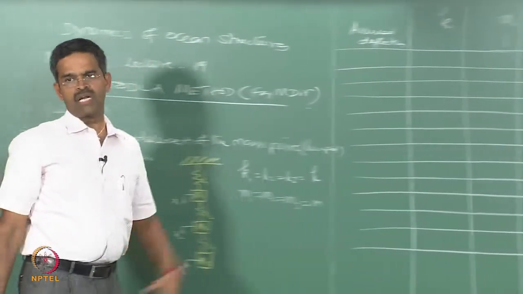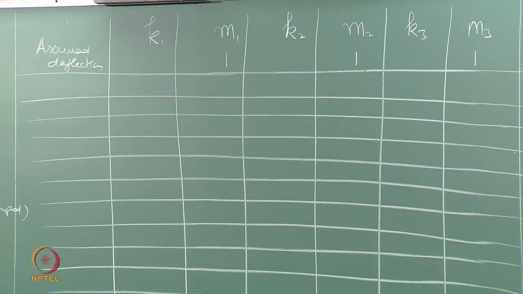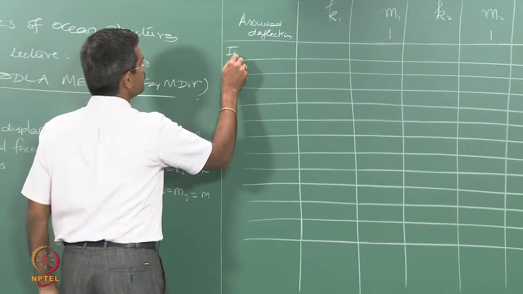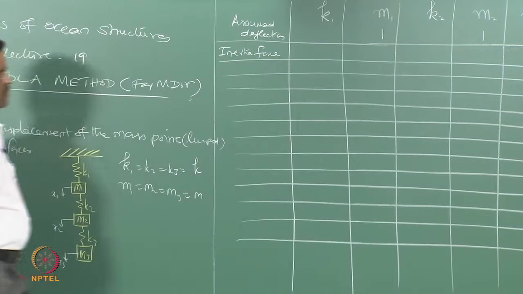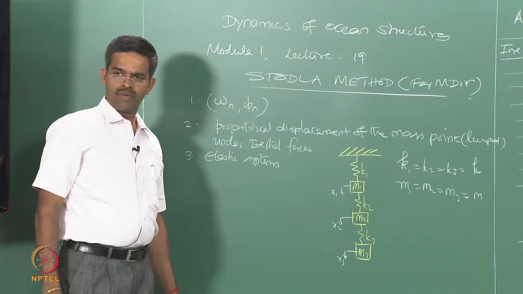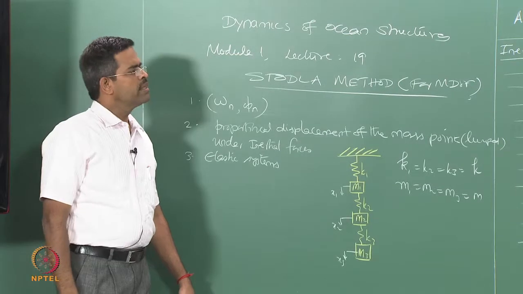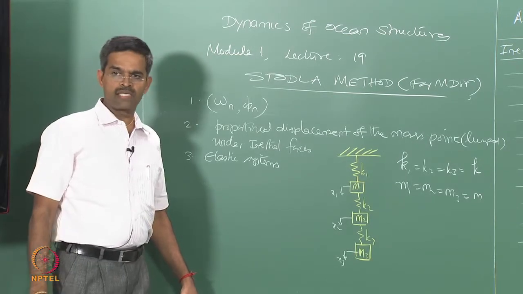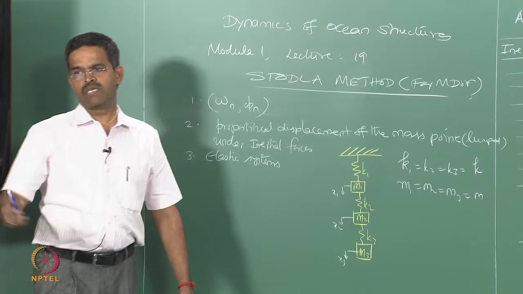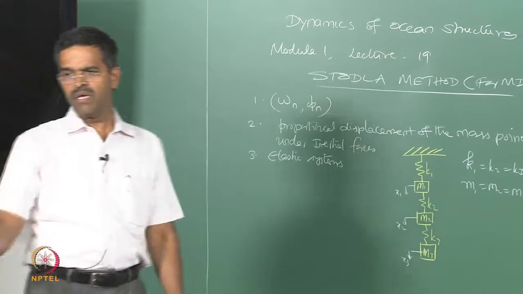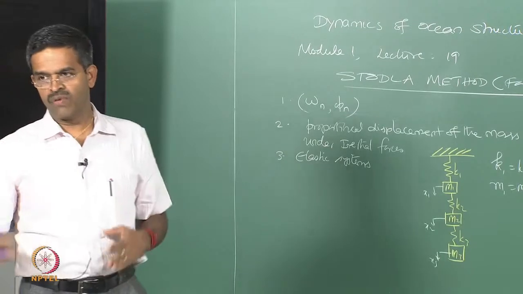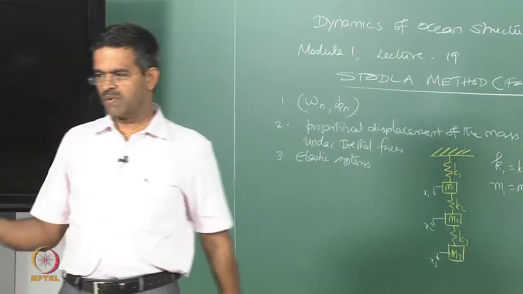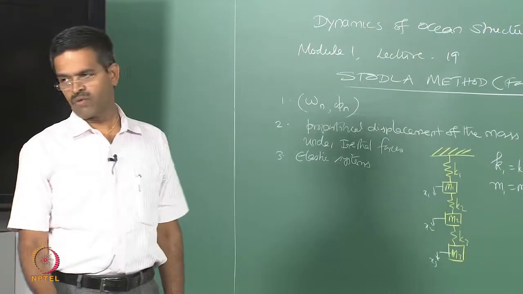So I do not know, I will start with 1 1 1. So let us say the inertia force. M x double dot is the inertia force, and x double dot is omega square x for a given harmonic excitation, which we have already seen, except for the change in sign, that is, out of phase. Acceleration and displacement will be out of phase because they are displaced by minus signs.